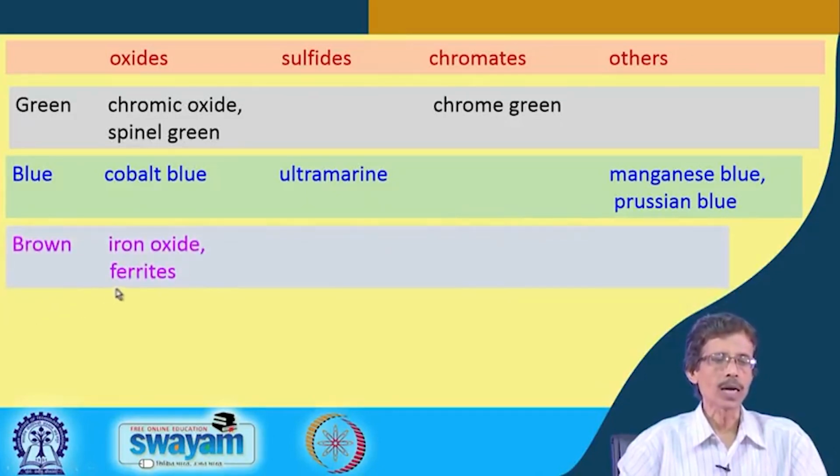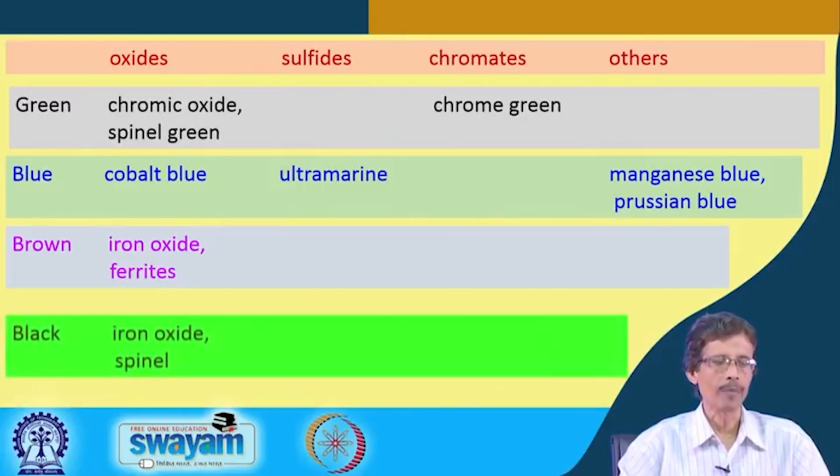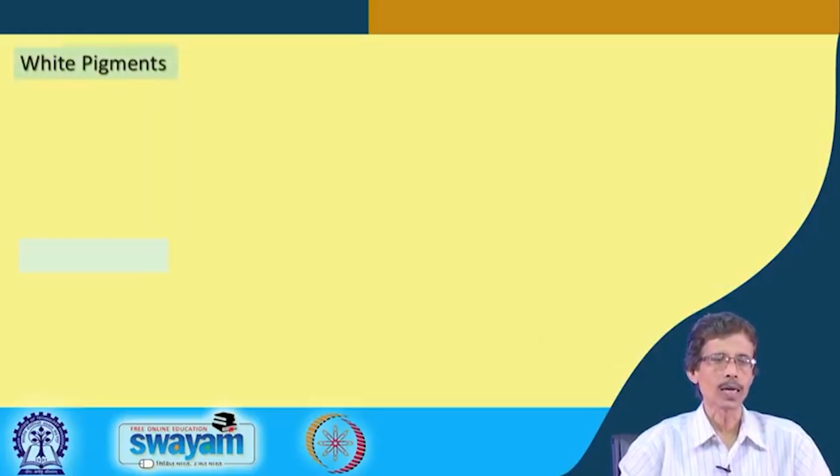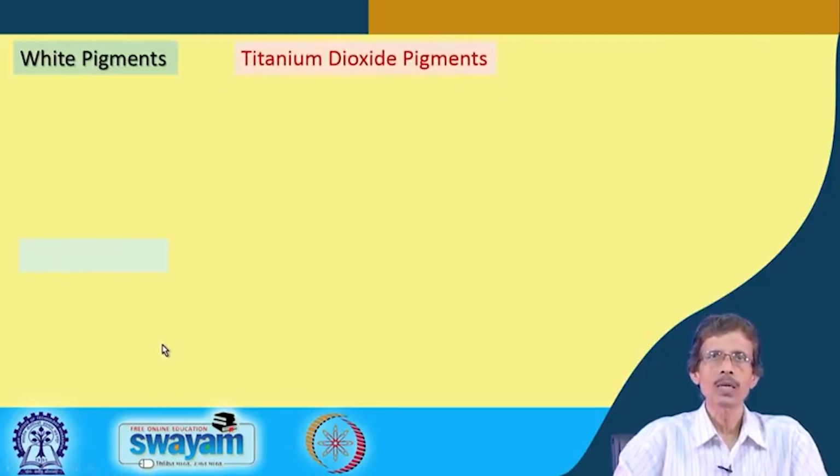Then brown iron oxides and ferrites we can have, that means the brown is very close to your corresponding orange and red coloration. Then black, we all know that your typical iron oxide Fe3O4 is black in color, and some of the spinel type of oxides can give rise to the corresponding coloration. So, we will see how we get the white pigment, and white pigments are definitely the titanium dioxide pigment, and that titanium dioxide